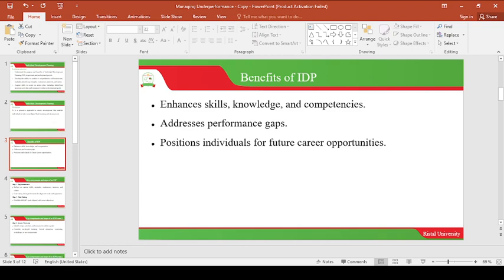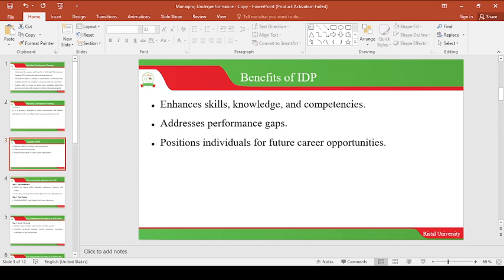Let me give an example of people who are working in the human resource department. Can you conduct job analysis with only a senior four certificate if you are not trained or don't have any additional skills on that? You cannot, because at secondary level they don't teach job analysis. They teach English, mathematics, chemistry, physics, etc. But they don't teach job analysis. They don't teach job description, etc. So at the moment you might not be performing well. It's not your fault. But as you are developing professionally, as you are studying, you will develop more skills so that the gap or underperformance will be eliminated or reduced.